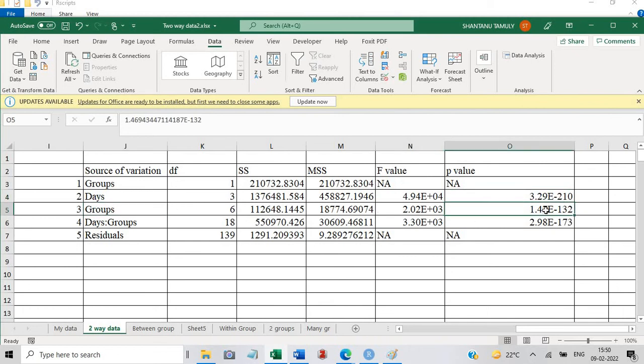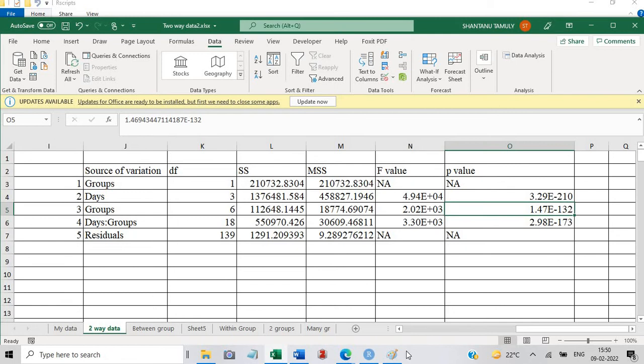Groups are also significant because the p-value is less than 0.05, so the different groups differ from each other, that means their means are different. Now you will have to go for critical difference. If the p-value is more than 0.05, you can stop here.